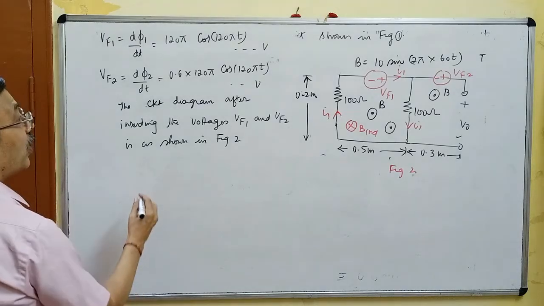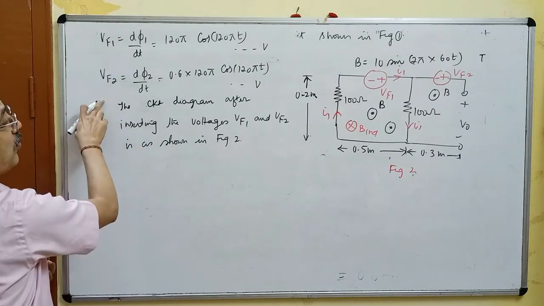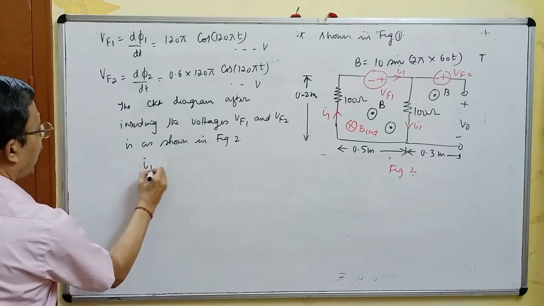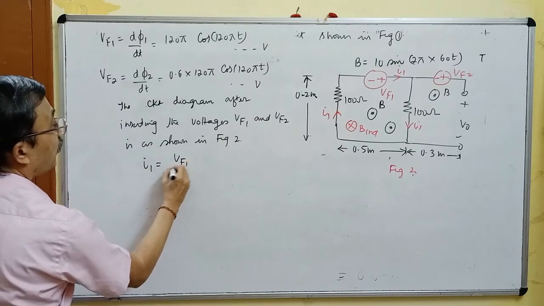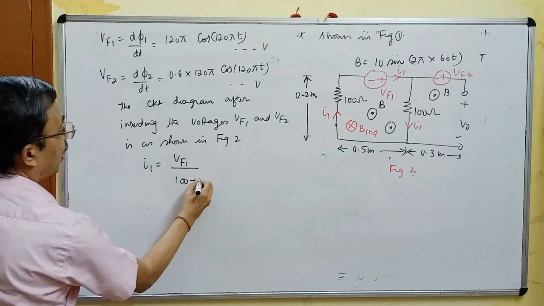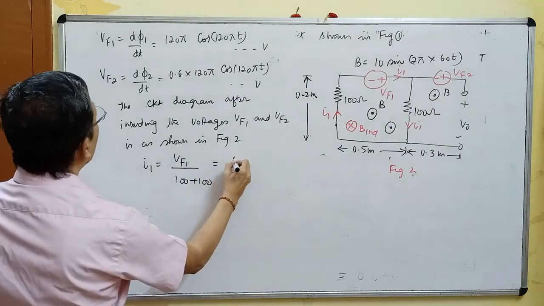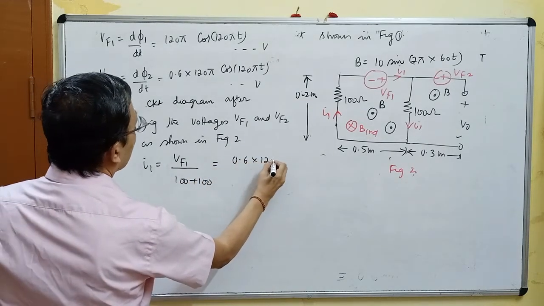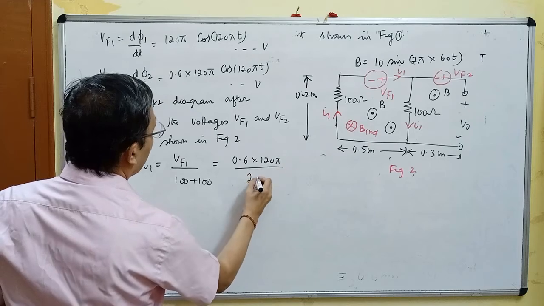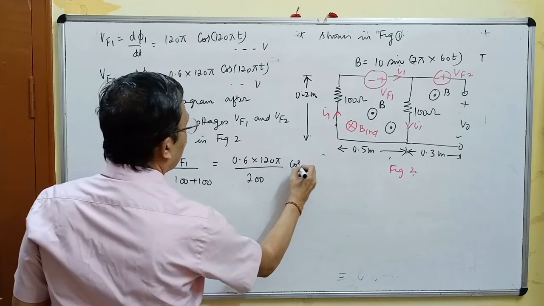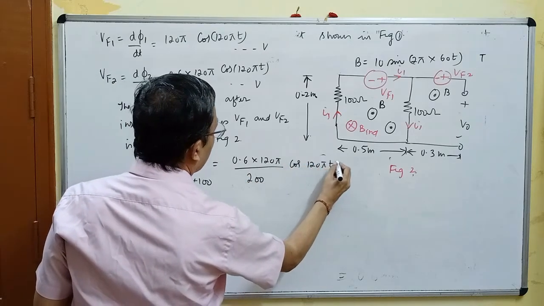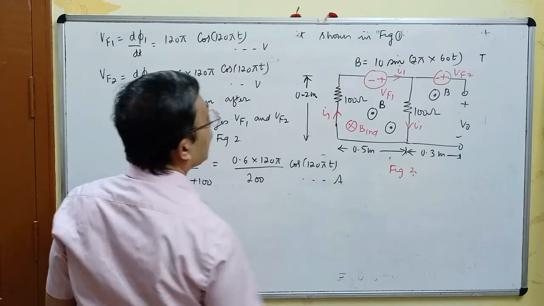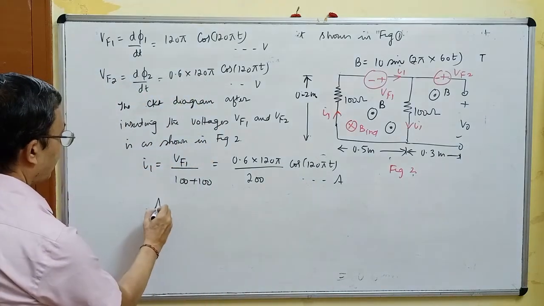What is Vf1? We have calculated. What is Vf2? We have calculated. What is current I1? Current I1 is Vf1 divided by 100 plus 100. That means 0.6 into 120 pi divided by 200 into cos 120 pi t, so many amperes. Applying KVL